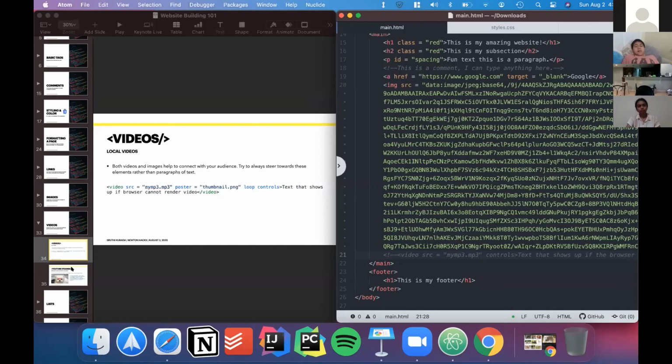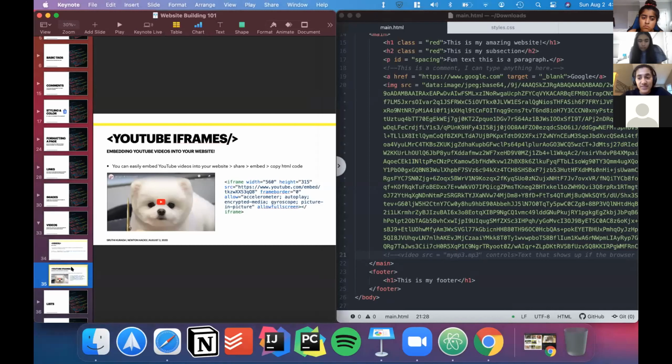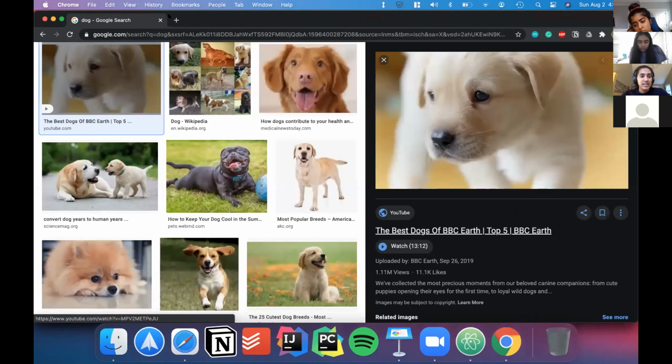The next thing I want to talk about is embedding YouTube videos, because that's a great way to have videos on your website. For example, you can upload your own video to YouTube and then just view it there. And the way we do this is actually really, really simple. And I'll show you by actually finding a video on YouTube and showing you the steps of how I would do this. So first thing I do is